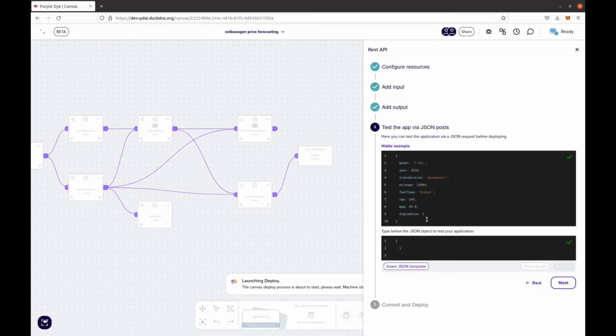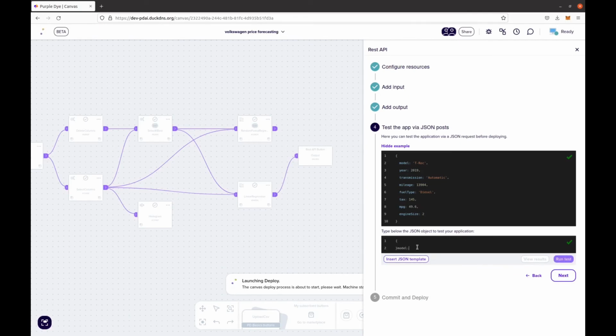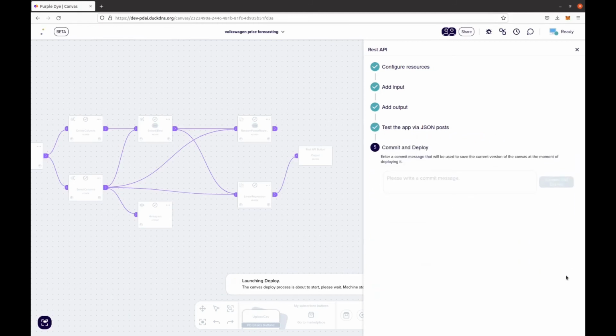Here we can see an example of the JSON that we would send by request. And below we have like a mini app where we can perform tests before the deploy, right? So here we can test some rows and see if it works and all that before the deploy. So if we hit next,